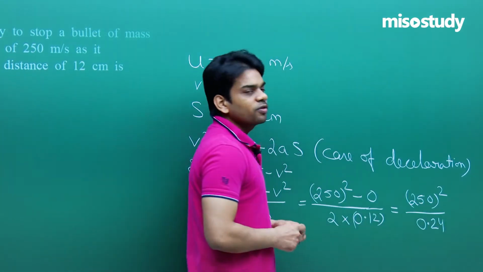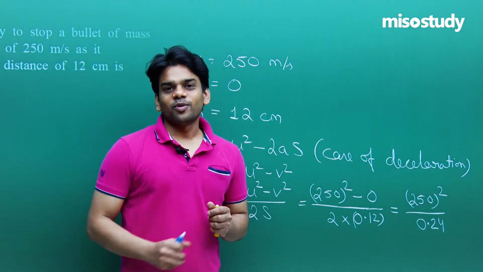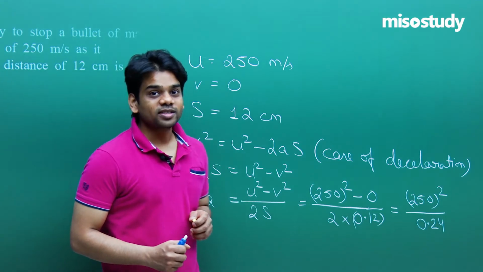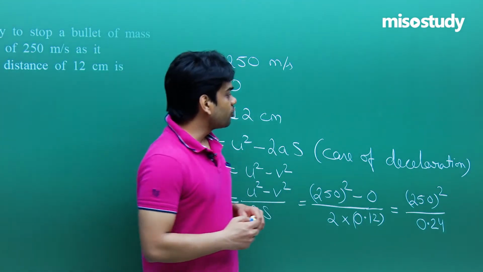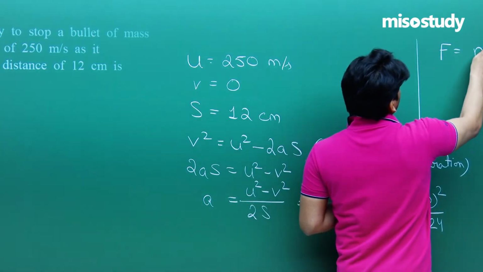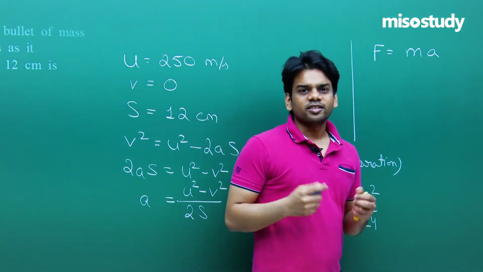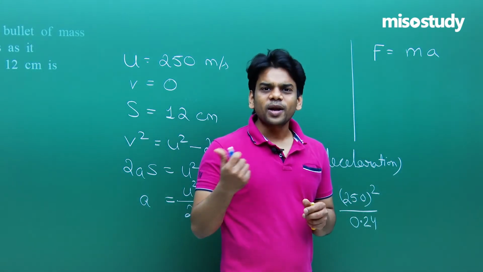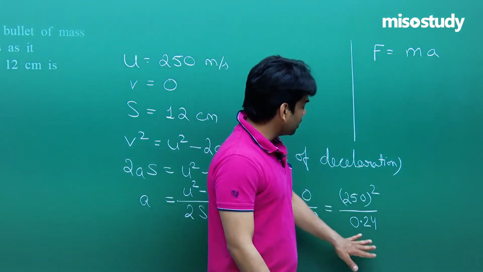First thing we can use in this way, we got the deceleration produced. Now as it enters the wooden block, we need to find out what is the average resistive force applied by the wooden block on the bullet. So the force applied by the block will be given as mass into deceleration. Since we are talking about the resistive force that would be applied on the bullet, it is the average force that has been asked. So we are using the deceleration produced.